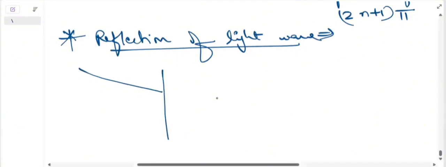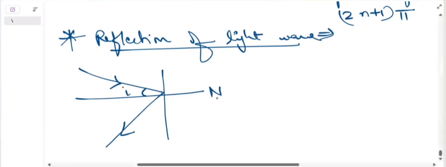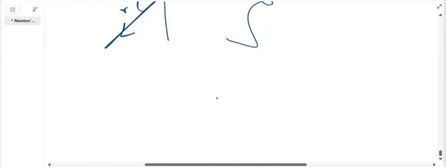So basically the bending of light ray from any plane and smooth shiny surface at the same angle in which it is incident from the normal, where angle i and angle r are equal as per the law of reflection. All three, the incident ray, the normal, and the reflected ray, lie in the same plane. This is the basic phenomenon of reflection of light. Clear?